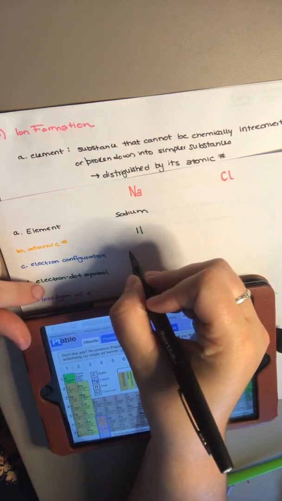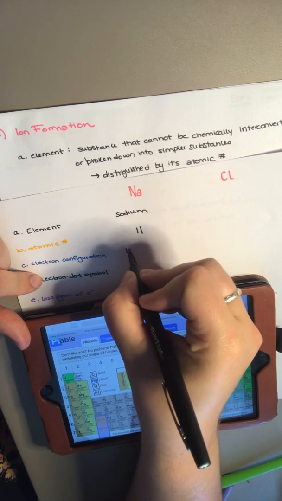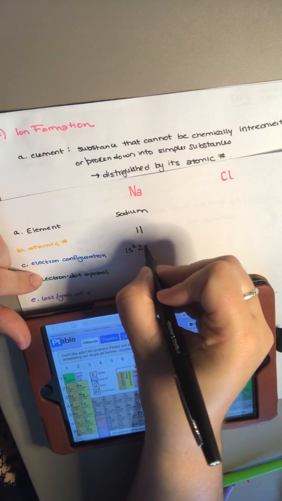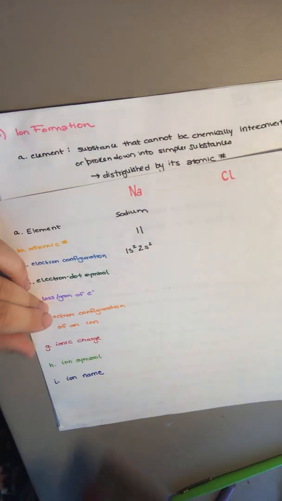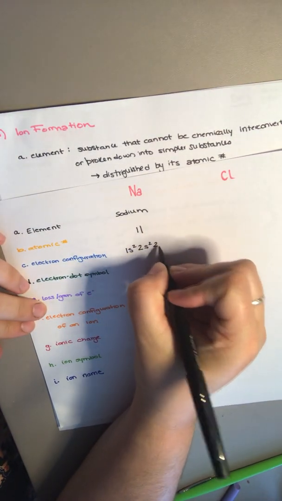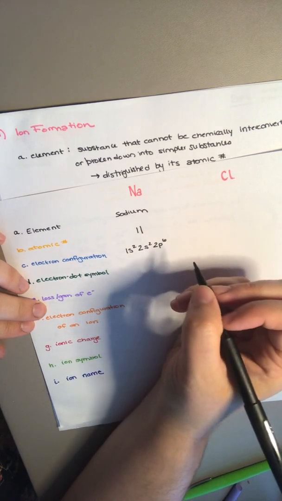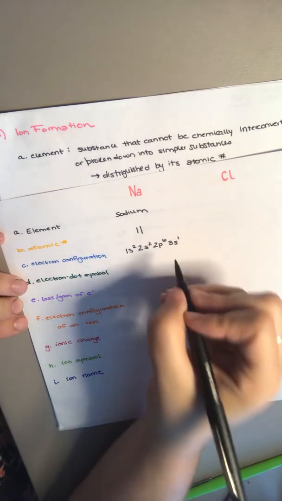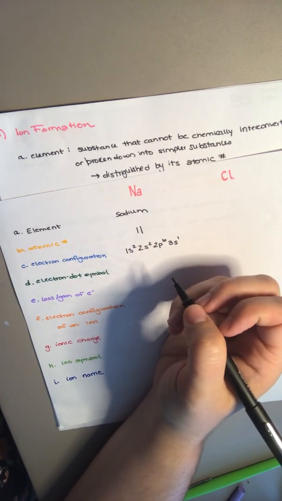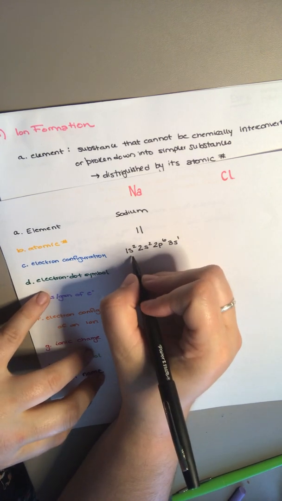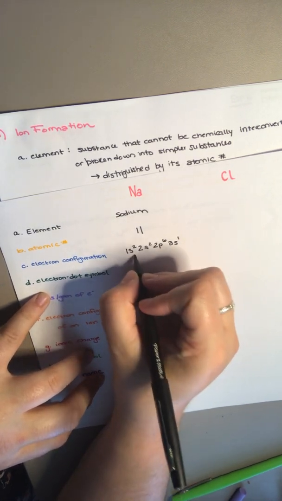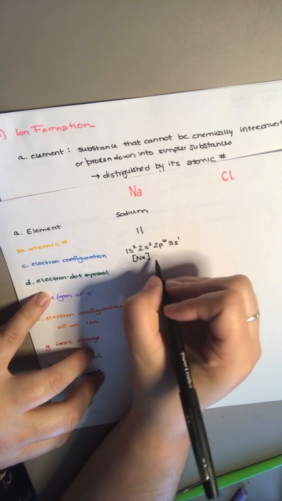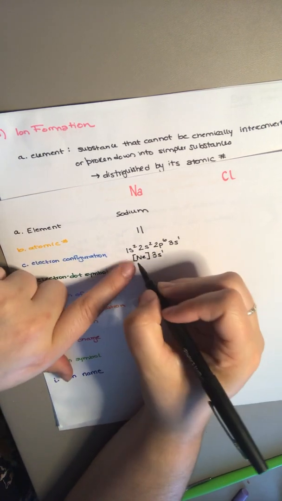We know that the 1s is going to have 2 electrons. We're going to go to the 2s, which has 2 electrons. We have the 2p, which is filled next with 6 electrons. And then we have the 3s with 1 electron, which is the one that makes it the 11 versus the 10. Now there is another way that you can do this. You can go to the fullest octet, which in this case is neon, and you can put your 3s1, and this is just an abbreviated